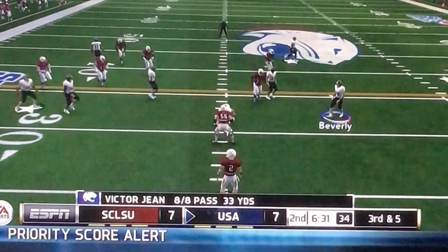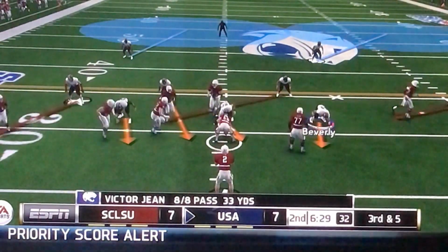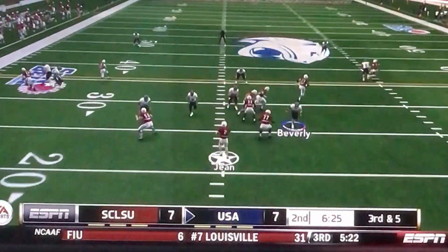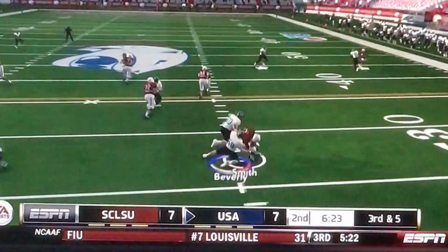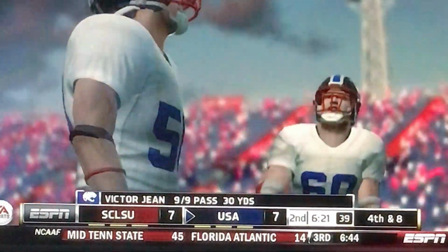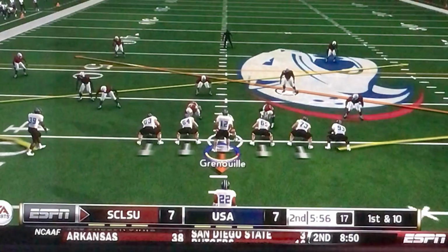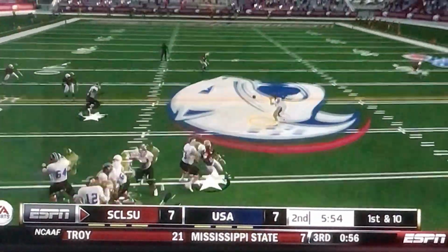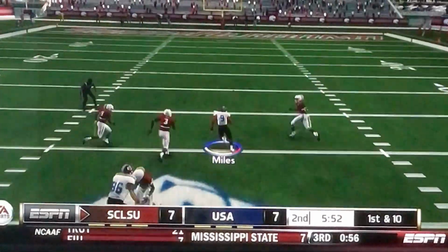3rd and 5, be interesting to see if the Mud Dogs can get him off the field, be a nice 3 and out, to be able to get some momentum in this second quarter. And they're going to do just that. Chris Smith, they try to get us with the halfback screen, but they ain't feeling that. We're going to get the ball right back